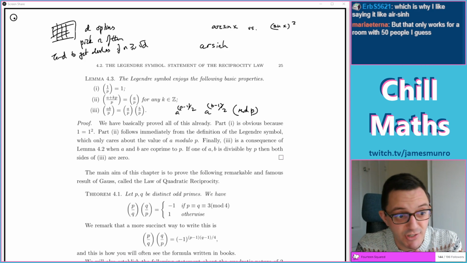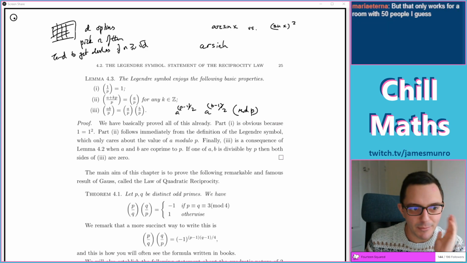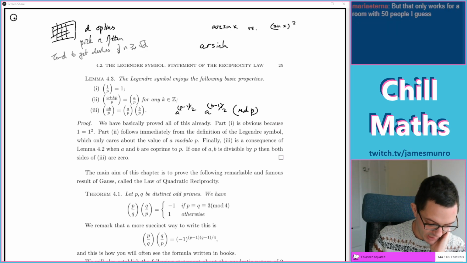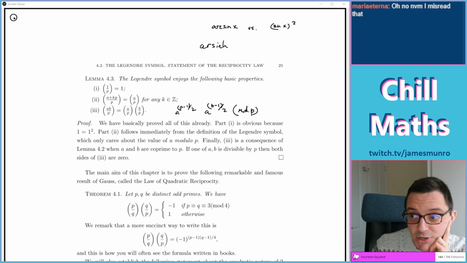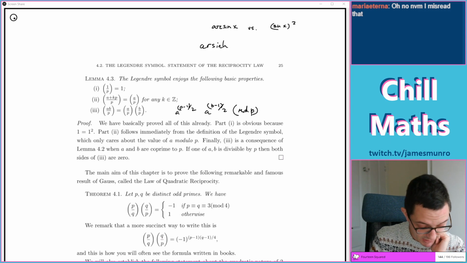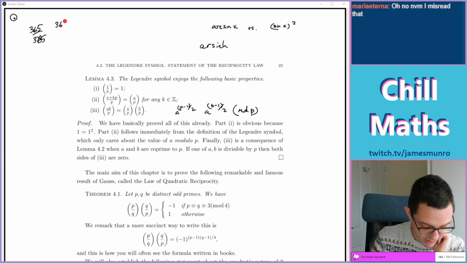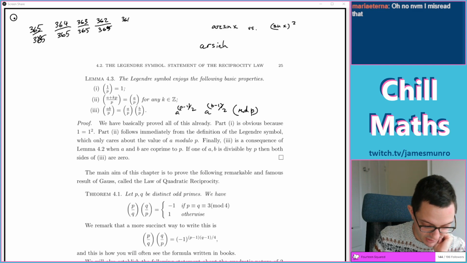And for 365, the square root is about 20. So that's roughly when it crosses over. You can work out the probability explicitly for 23 people in 365 days by imagining the people arriving one at a time. First person arrives, everything's fine. Second person arrives, and the probability that they have a distinct birthday is one of these. And you keep going. The second person, it's still pretty likely that they've got a unique birthday, and the third person and the fourth person, it's still pretty likely that they've got distinct birthdays.